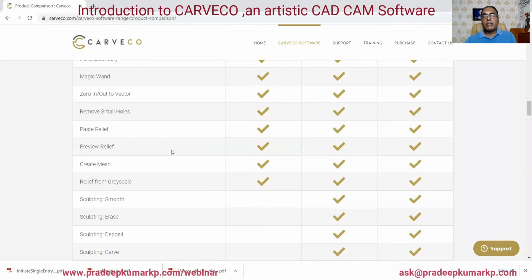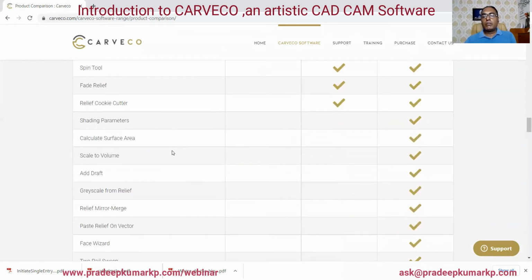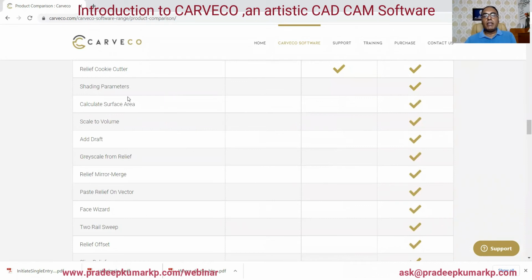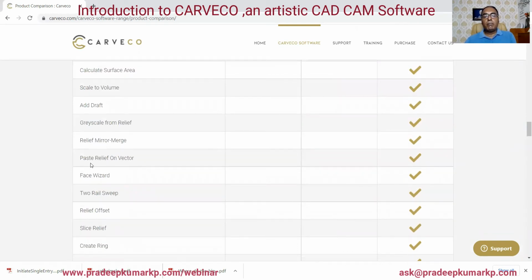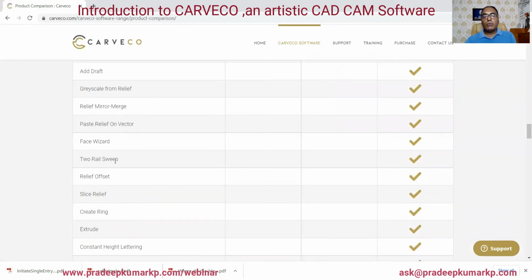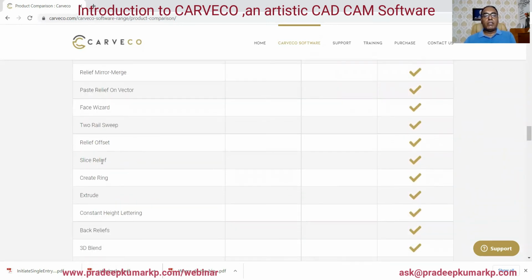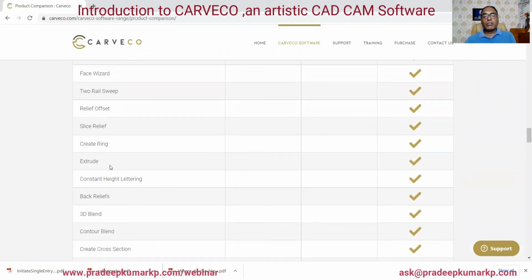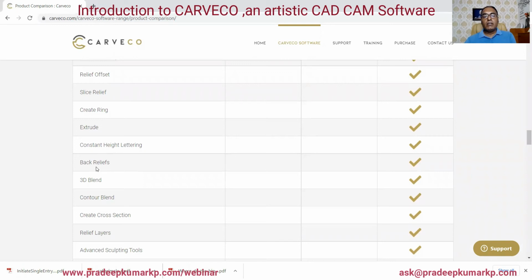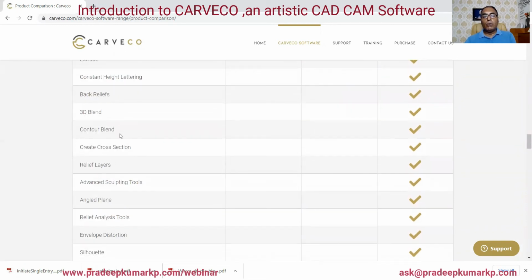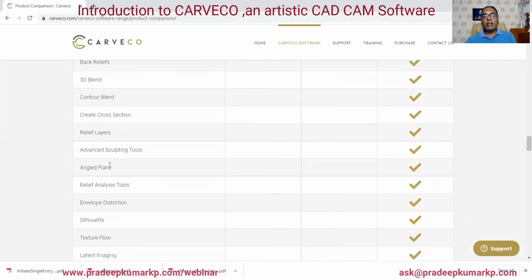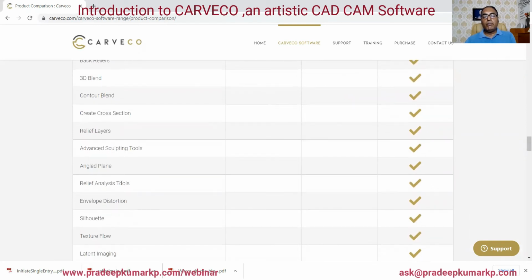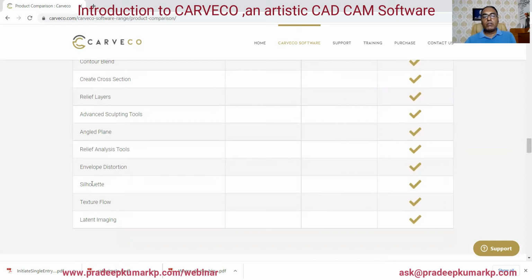And in 3D designing tools, you have many strong additional tools available, like shading parameters, calculate surface area, scale to volume, add draft, gray scale from relief, relief mirror merge, paste relief on a vector, face wizard, two rail sweep, relief offset, slice relief, create ring, extrude, constant height lettering, back reliefs, 3D blunt, contour blunt, create cross section, relief layer, advanced sculpturing tools, angle plane, relief analysis tools, envelope distortion, silo, texture flow, Latin imaging.